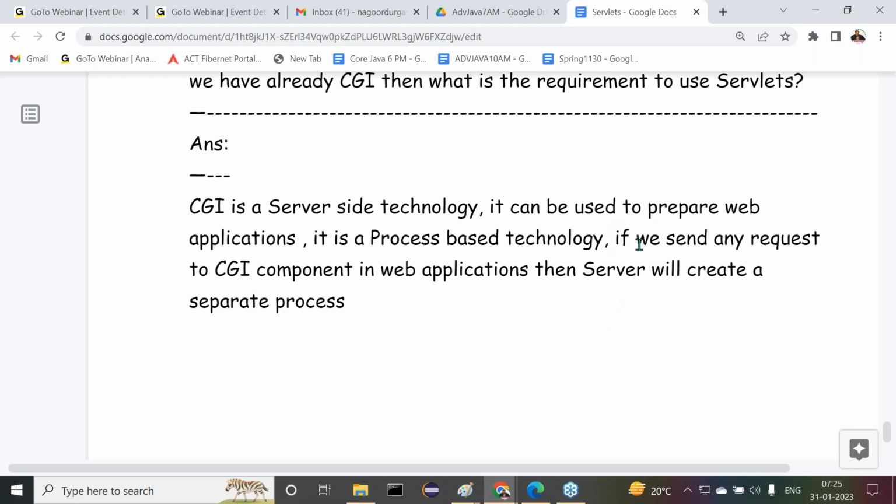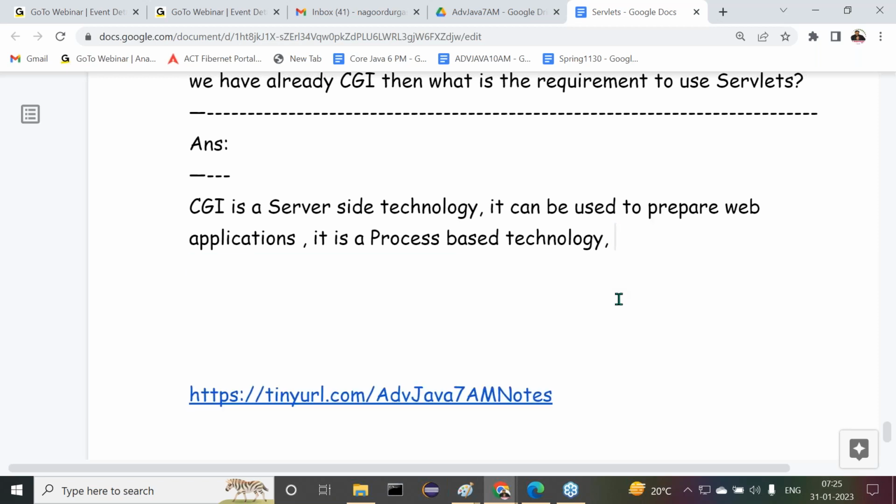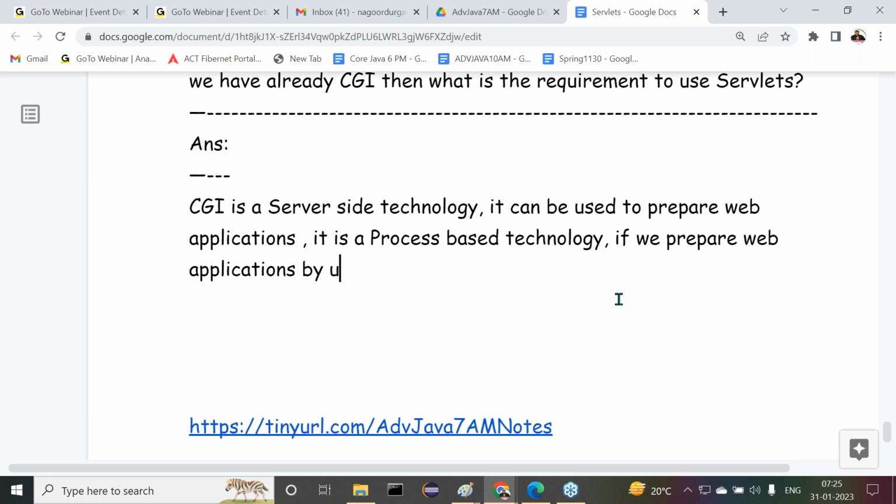Observe carefully. Now, instead of saying this, I want to modify this statement so that we are able to understand more clearly. If we prepare web applications by using CGI, then the server will create